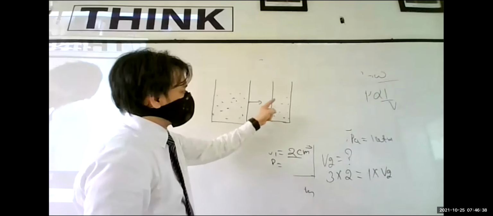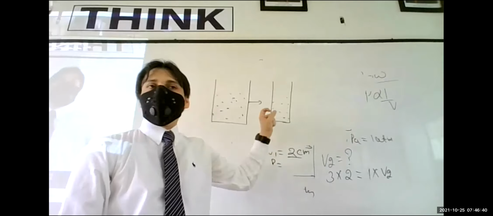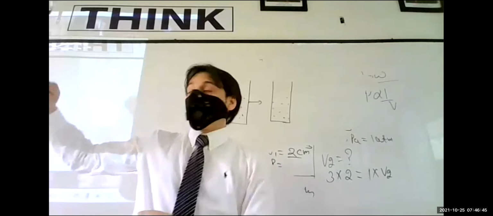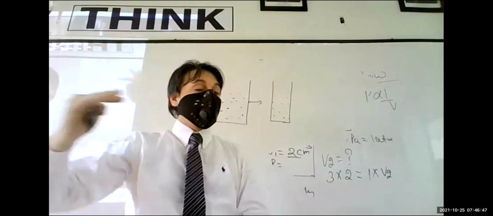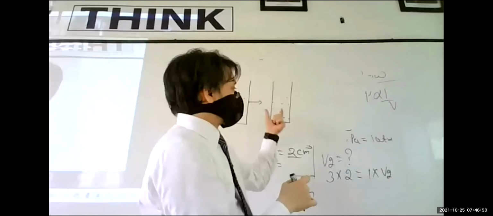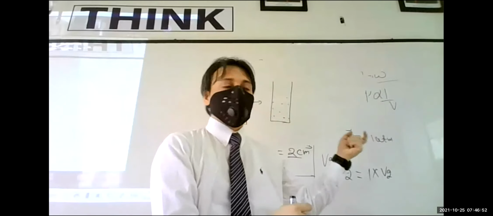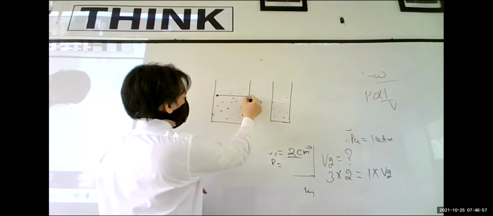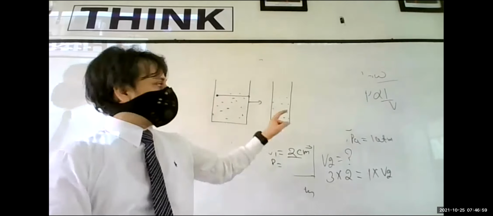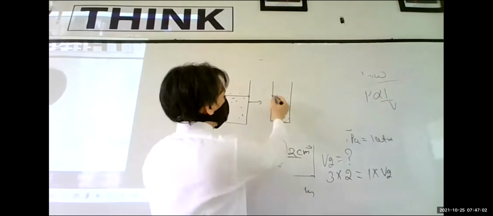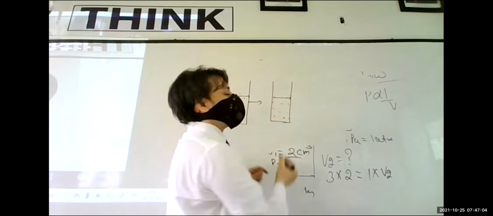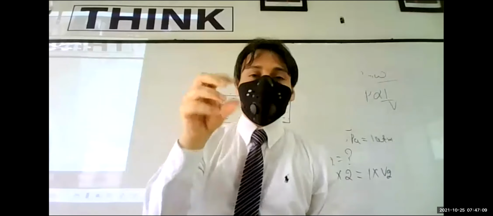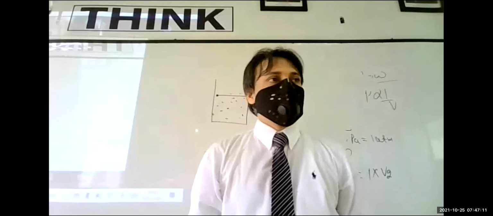Then in this case, the gas molecules will collide frequently with the walls of the container, the walls of the balloon, as in the examples given in the book, more frequently because they have less space to cover. Just focus on one molecule. It has to move along this side before squeezing. But when I squeeze, the same molecule has to cover a lesser distance. So it means that the particles collide frequently with the walls of the container.